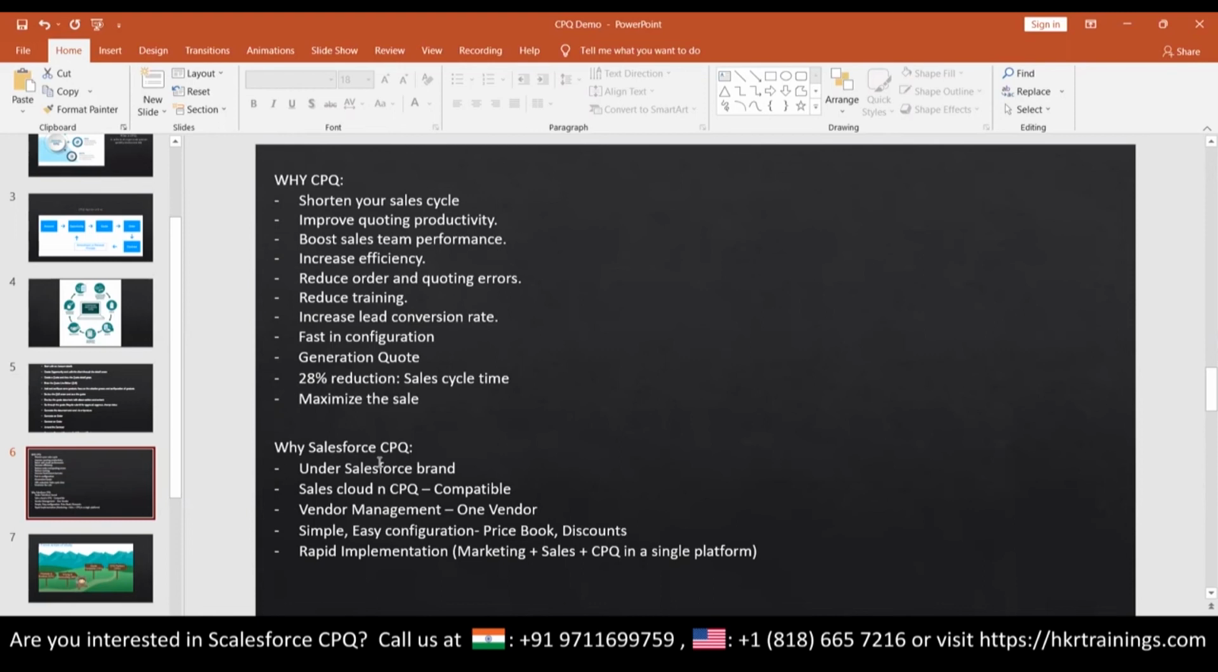Let's say you're going with Conga CPQ or Aptus CPQ. They don't have their own sales cycle, so they need to integrate with Salesforce typically. After integrating, they need to integrate the sales cycle opportunity object with their own objects, because they are not in the same system and do not belong to the same family. But since Salesforce CPQ is in the same family, this integration work will be very little, and it is very easy. Trust me,